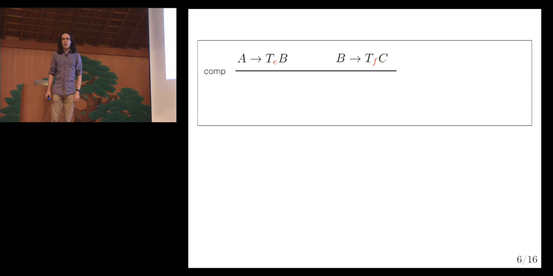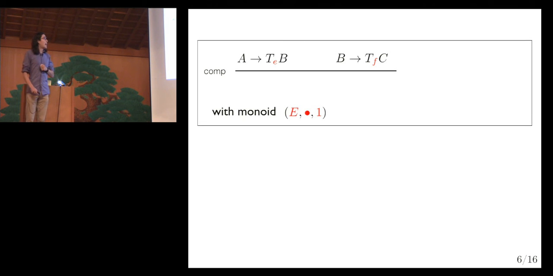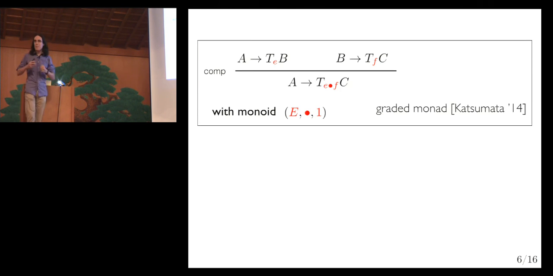Now imagine this other situation where the type constructor has some extra information which refines what's going on inside. It tells us a bit more about what the effect is. And this information is going to have a monoid structure. Now what a graded monad provides us is the same kind of composition, but now if we've got a computation that does effects E, one that does F, then when we do their composition, the monoid dot operation is used to describe that E dot F effects are being carried out.